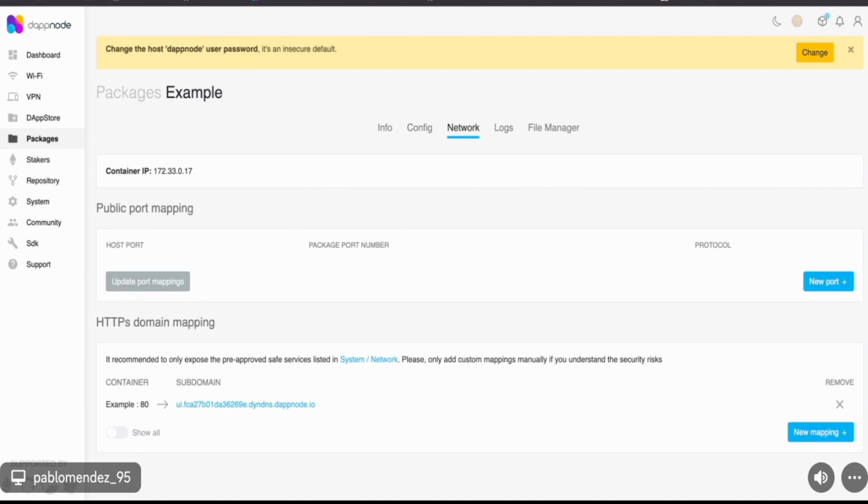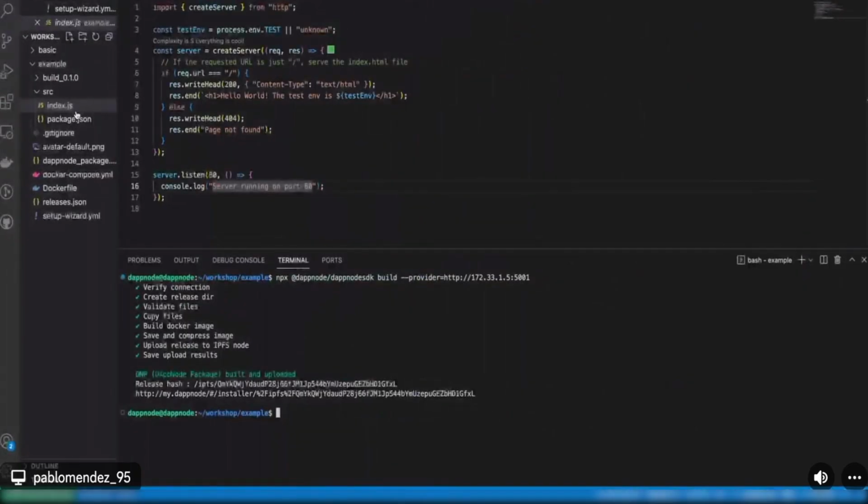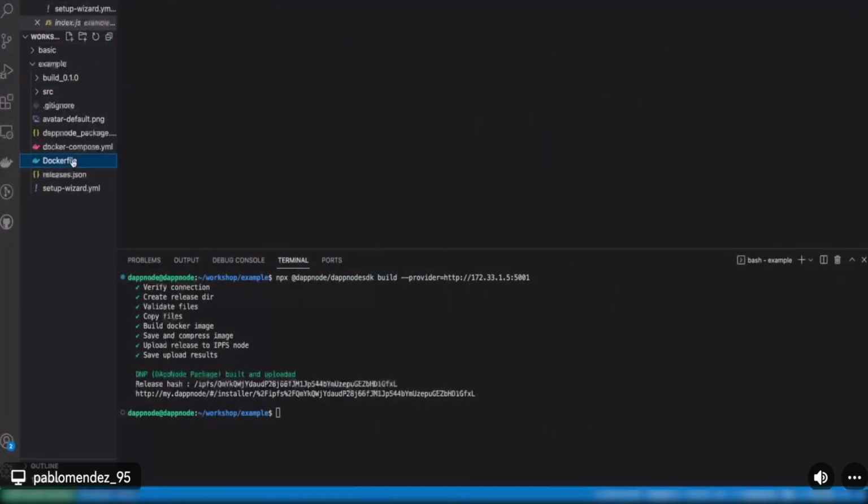Let's get into the code. Let's say I have an entry point for this DAppNode DNP. You want to have a web app to get those environment variables.